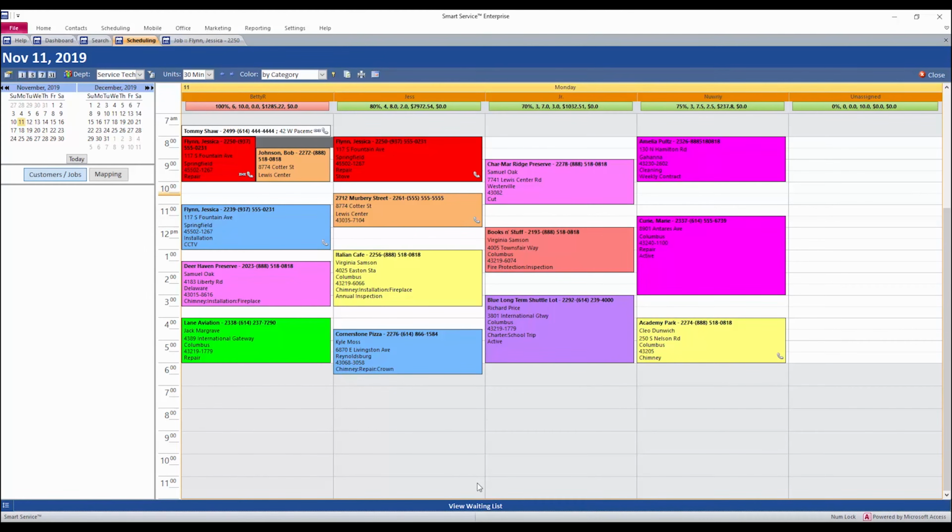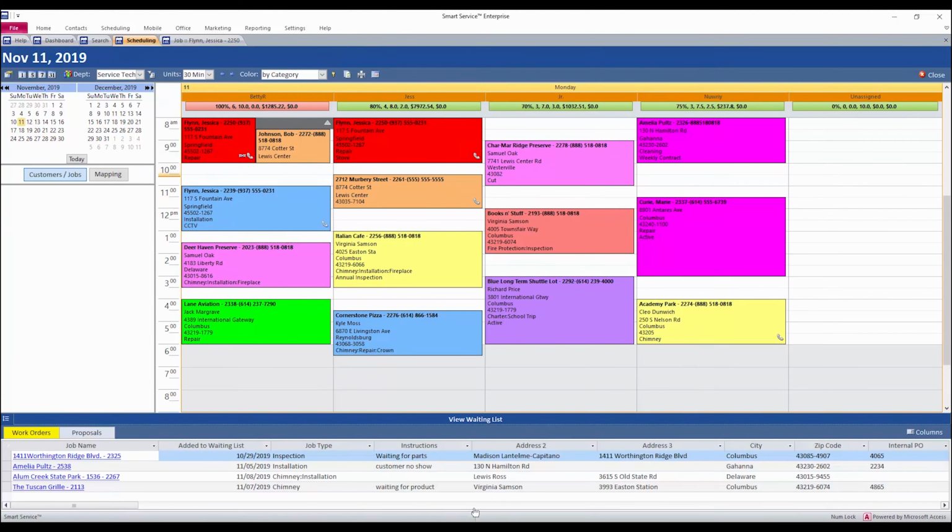So let's go ahead and head over to Smart Service here. Let's take a look at what we got on the screen. One big change for existing users of Smart Service is that there's no longer a waiting list button at the top of the screen. You now have this blue bar, and it'll match whatever system colors you guys chose in your settings. But you have this bar down here, and if you click on that, that'll open up your waiting